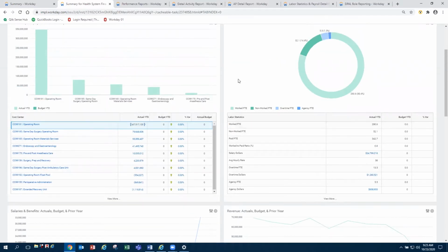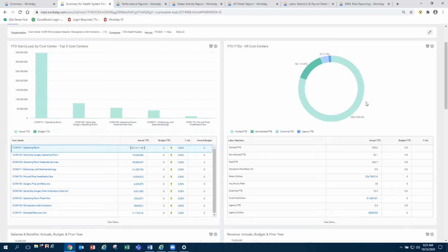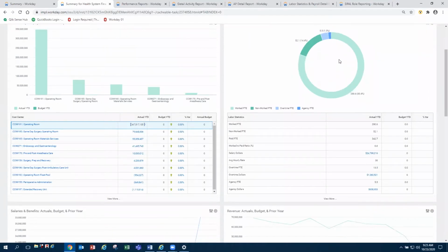The Summary tab also includes a chart of FTEs, or full-time equivalents. This chart will provide a high-level view of different labor metrics. As most of this chart is calculations, the drill-down capabilities will be limited on this report. An easy way to determine if the value has drill-down capabilities is if the value is highlighted or if the value is simply black.